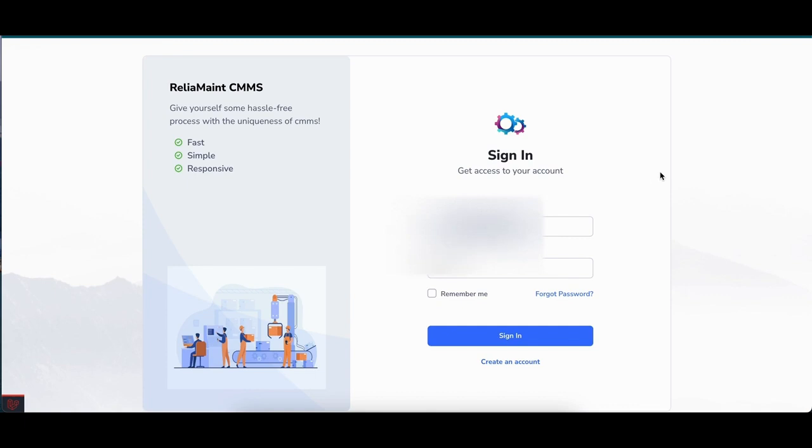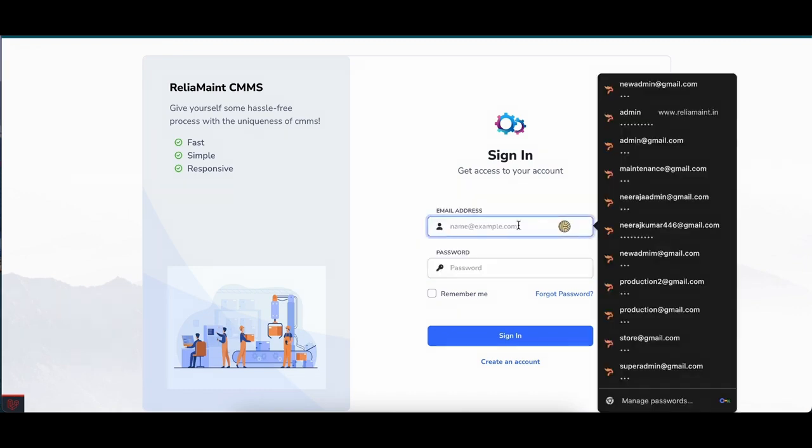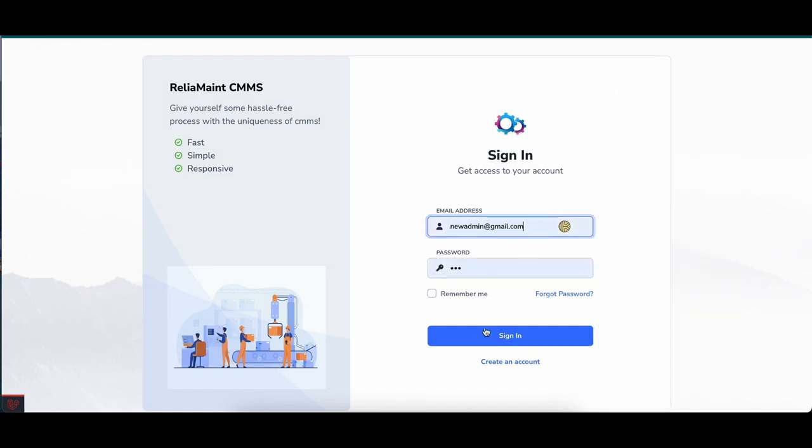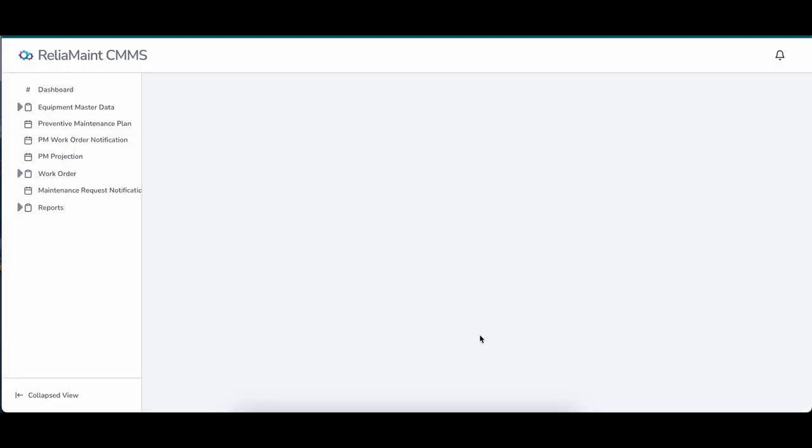The foundation of any CMMS system is its master data. Let us delve into the system and I will try to show you physically what exactly we are discussing. So we are first making a login. Fundamentally, we need basically